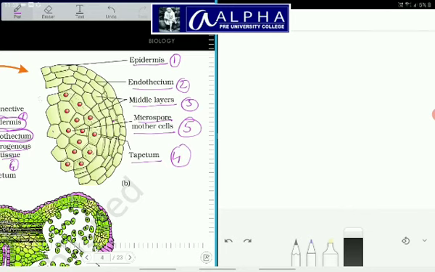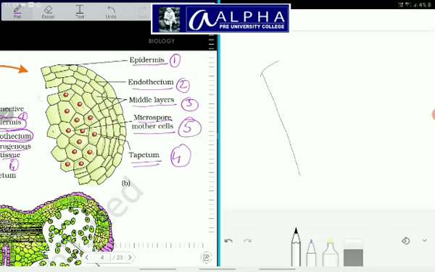The cells of the tapetal layer are a bit larger with dense cytoplasm and a prominent nucleus, and it is the same for the microspore mother cells, whereas the cells of the epidermis, endothecium, and middle layers are narrower. You have to clearly show this difference while you draw the diagram. So the diagram as a whole, the outline structure, appears like a D, a slanted D. I will slightly mark this like this.